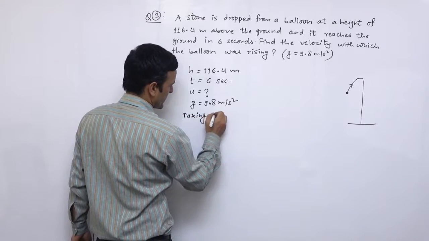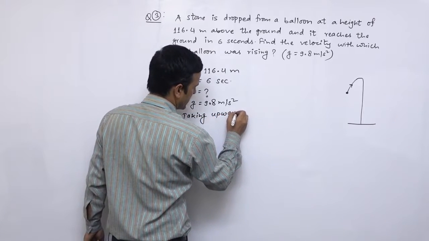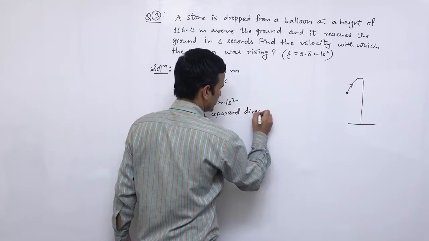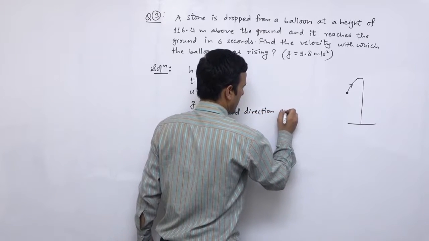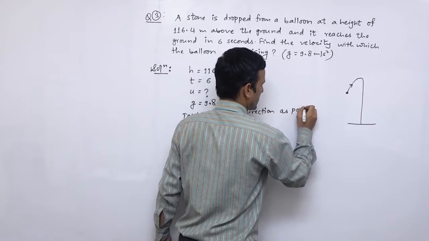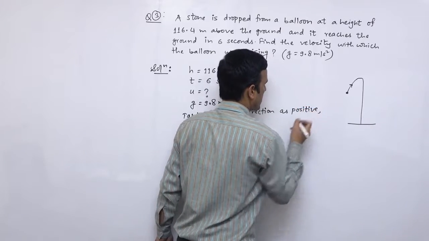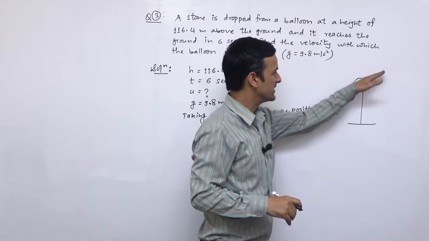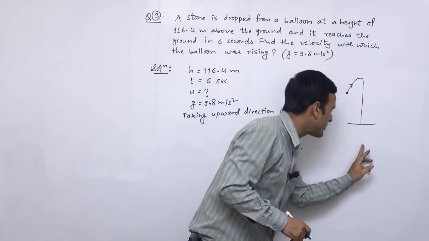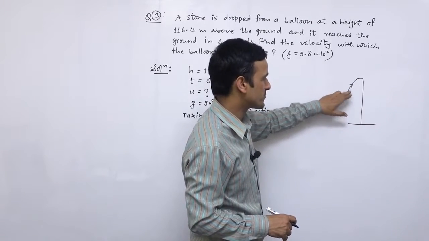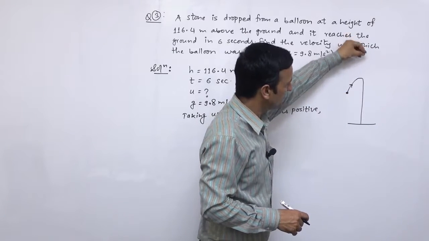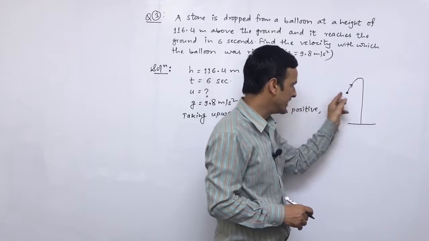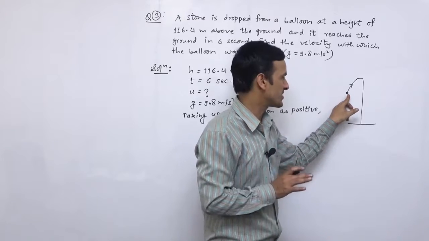Taking upward direction as positive. माथिको डिरेक्सनलाई हामी पोजिटिभ. बेलुन चाहिँ हाम्रो माथि गएको छ तर डिस्टेन्स कभर चाहिँ डाउनमा भएको छ. सर्टेन एउटा पोइन्ट अफ प्रोजेक्सनबाट माथि गएर फेरि त्यहाँबाट खसेर ग्राउन्डमा आउँछ भने बिलो दैट पोइन्ट अफ प्रोजेक्सन we have